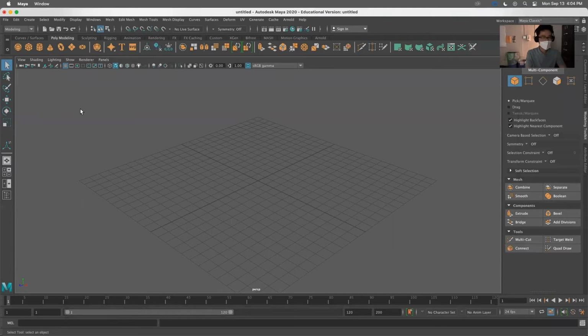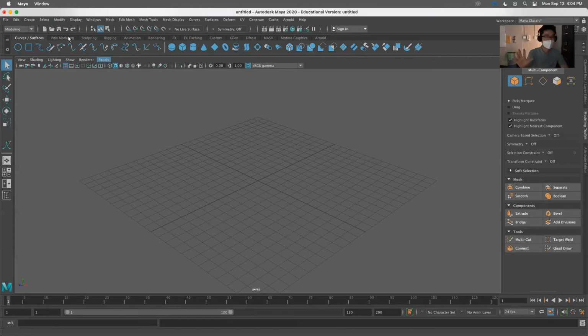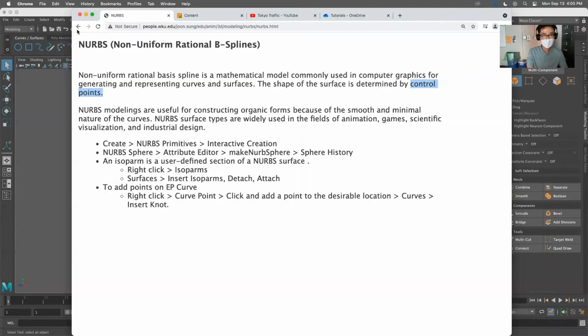All right, we are very familiar with poly models, where you can choose to select one of those polygon primitives. Are you familiar with this blue icon? All blue. Once you select curves and surfaces, you can see absolutely no orange icon. All are just blue. If you choose polygon, you get all orange, yellowish icons, and some green icon at the end. But once you select this, it's 100% all blue. So in order to work with NURBS modeling techniques, you have to select this type, curves and surfaces. Okay, let's get started making some